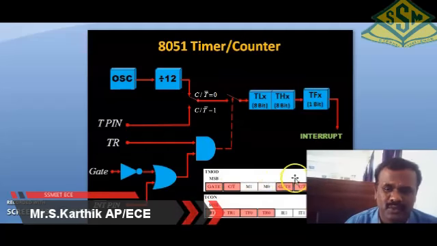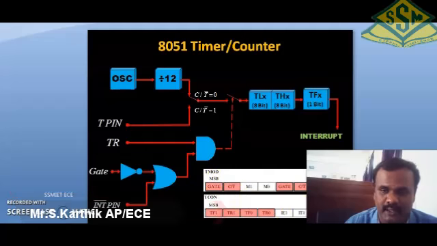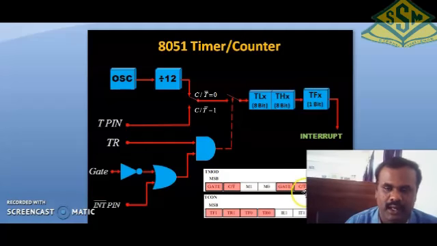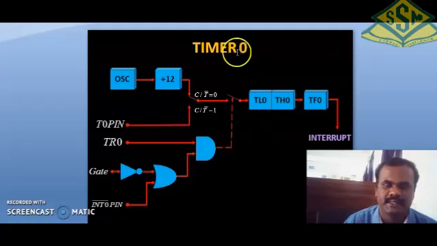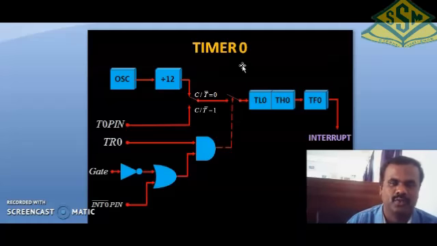Here you can see the timer mode selection: the mode selections M0 and M1, and the timer counter selections. These are the selection bits of the timer mode register. This is timer 0. There is not much difference between timer 0 and timer 1. The values are the same, timer 0 is ditto timer 1, but we are using two timers. Only the name is different, but the principle is the same.